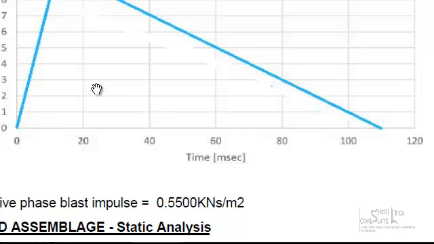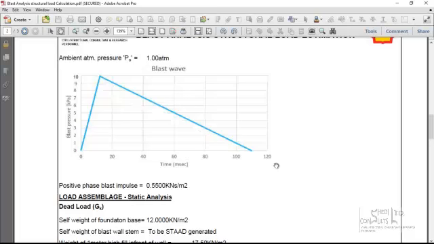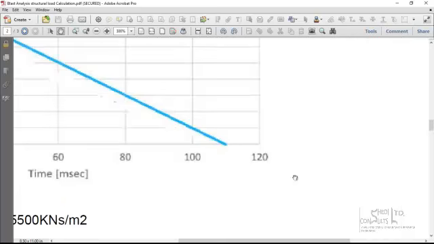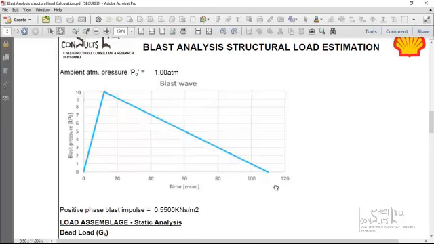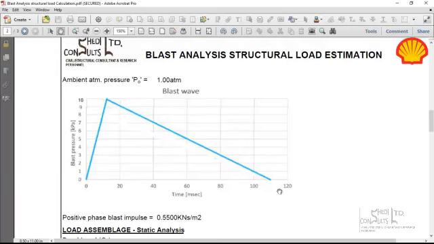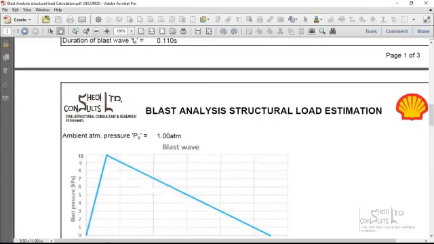triangular loading. So the positive phase, now this blast wave continues into its negative phase, but the negative phase of the blast wave is not considered in analysis because the negative phase is taken to be below atmospheric pressure and does not cause any impact. Now if you look at this,